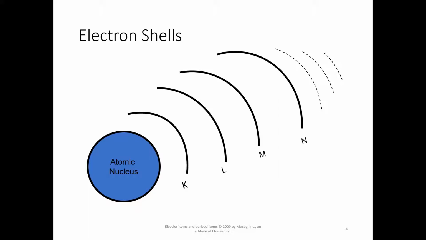The L shell is bound with less energy than the K shell electrons. The M shell is bound with less energy than the L shell electrons, and so forth until you get all the way out to the outermost shell of the atom. The outermost shell of any atom will never hold more than 8 electrons. It will always seek to try to find 8 electrons, and it'll arrange them into pairs of 2, so 4 pairs of 2. An atom with a completed outer shell, completed valence shell, will